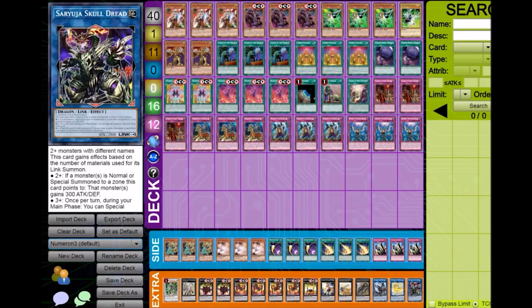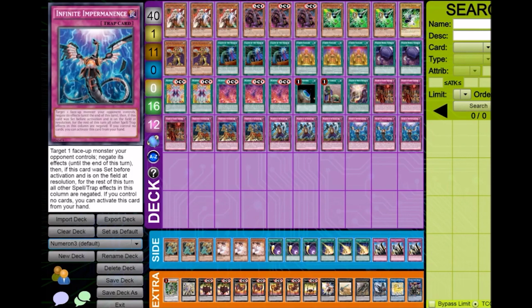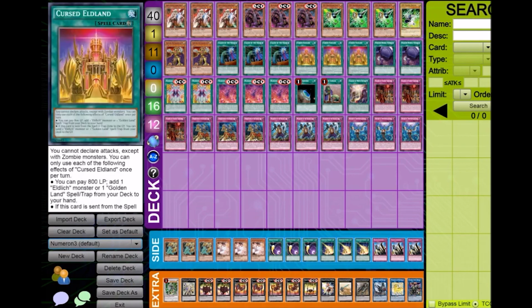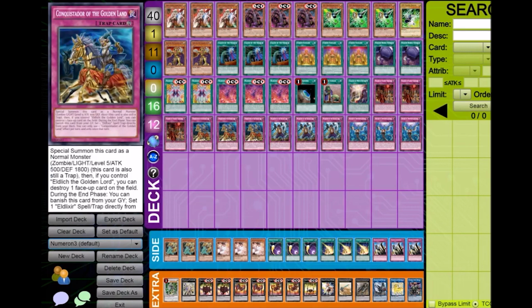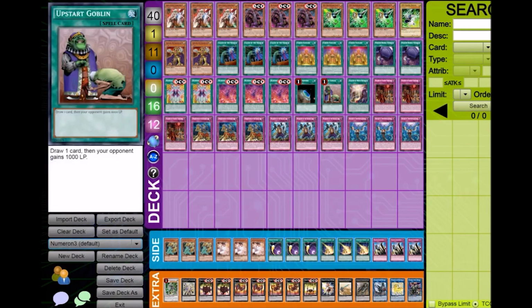Something else to note, all of the deck lists I'm going to show you have in-engine methods to protect your Utopic Zexal from an Impermanence or Chalice or something. So this deck, similarly to how Eldritch could play around Evenly Matched in some instances, where instead of letting one of your cards get banished, you could have Conquistador pop itself, so it actually goes to grave. If you do have your engine set up with the help of Goods or something like that, and you do have Sanguine and a Conquistador, when you get Impermanenced on your Utopic Zexal, you can chain Conquistador and then chain